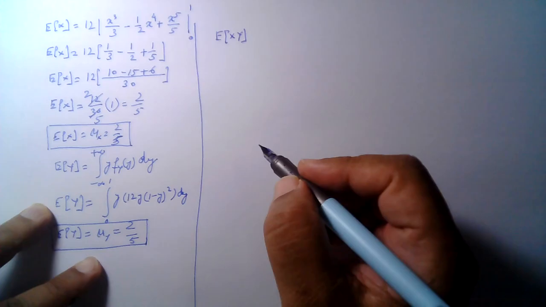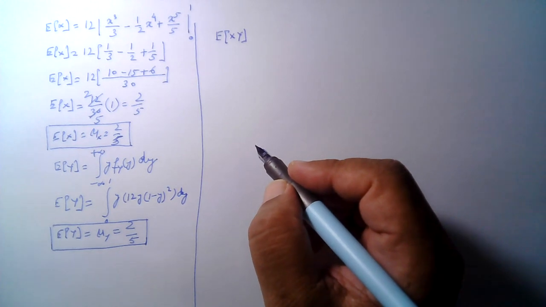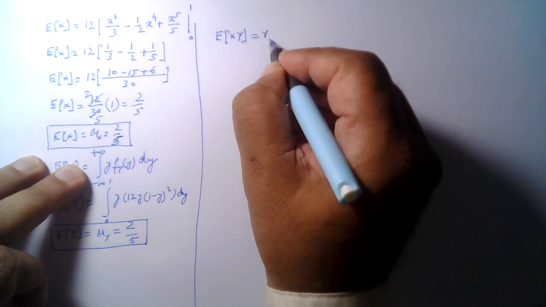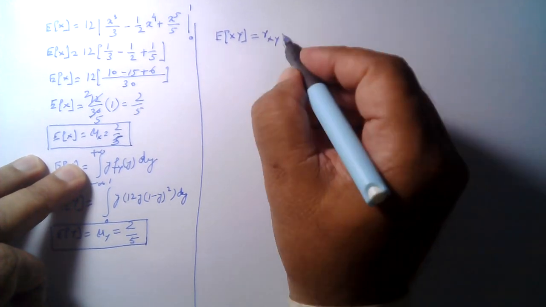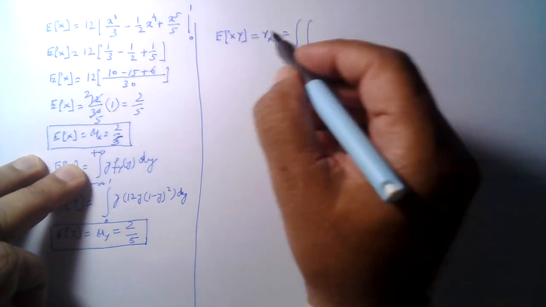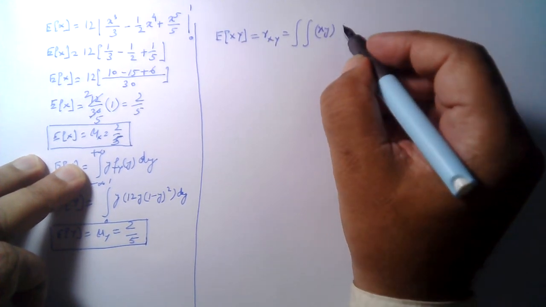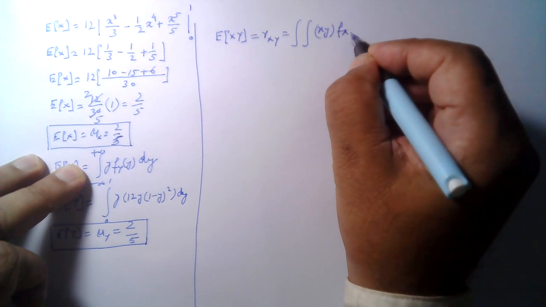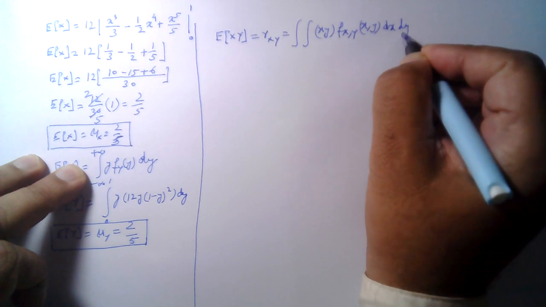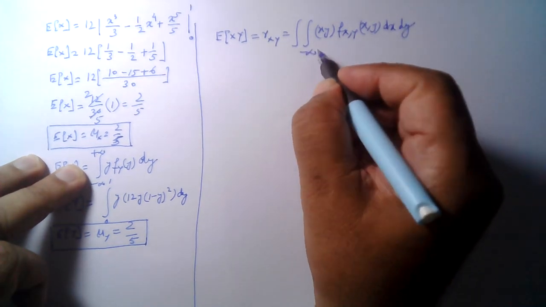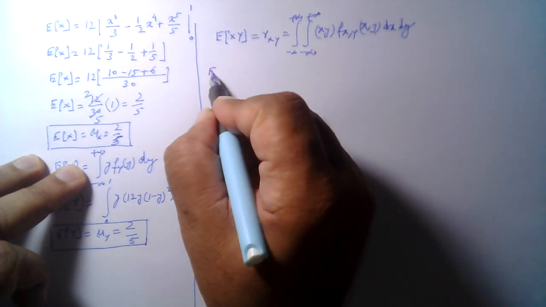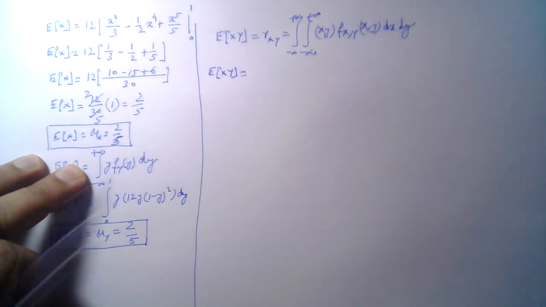This is also called the correlation of the random variables x and y. This is also called the correlation of x and y, and this is given by the double integral of xy times f_XY(x, y) dx dy, from minus infinity to plus infinity, from minus infinity to plus infinity. So the expected value of xy is given by